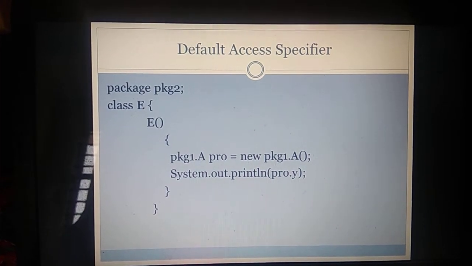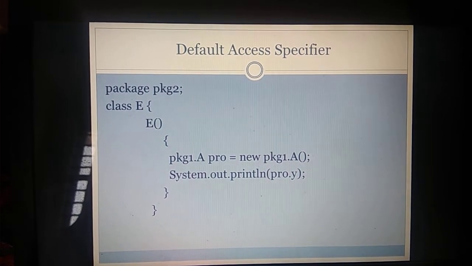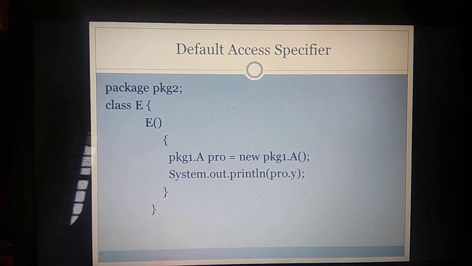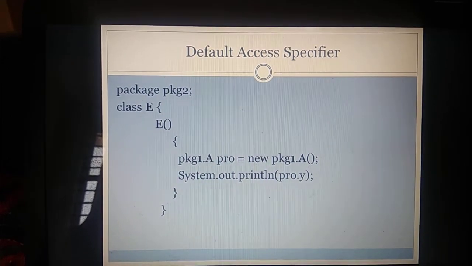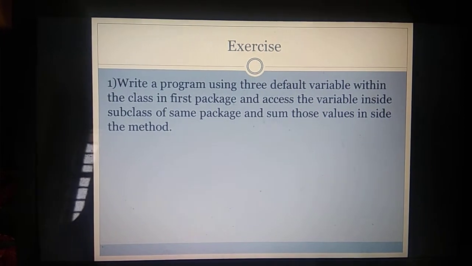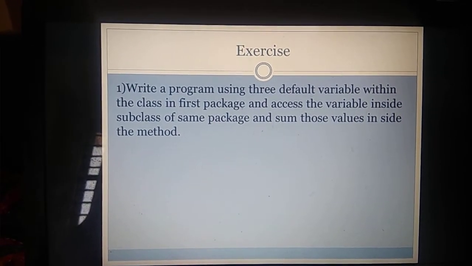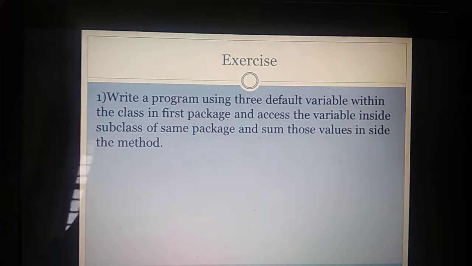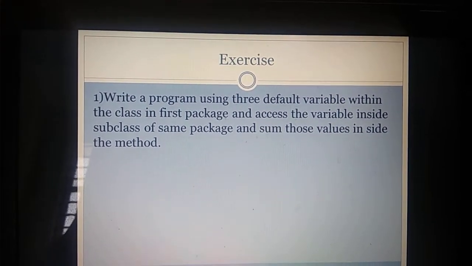In this one we access it by creating an object of the previous class and using the object to access the variable. That way is also not possible. So the basic understanding about default access specifier is that it's not possible to access it outside of the package.